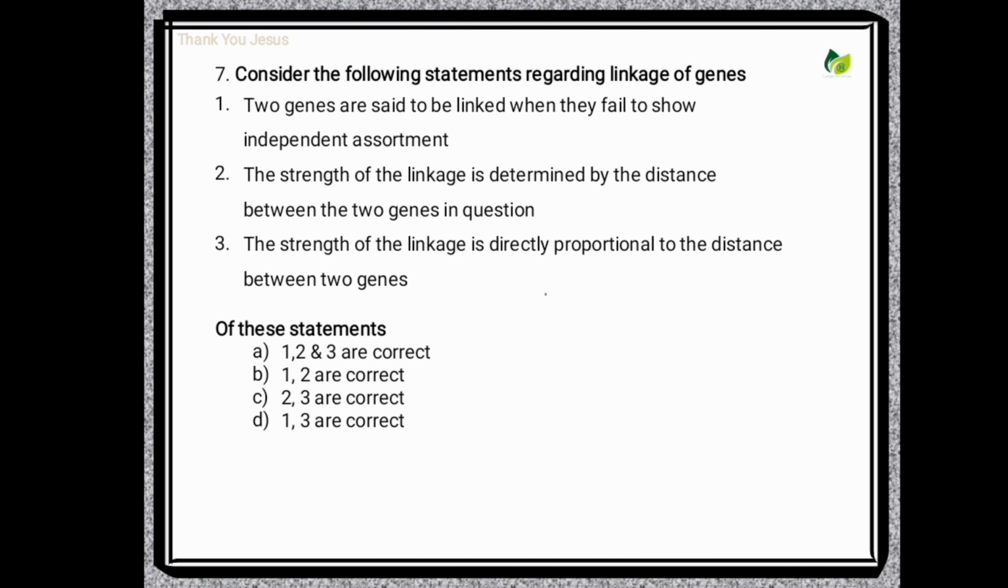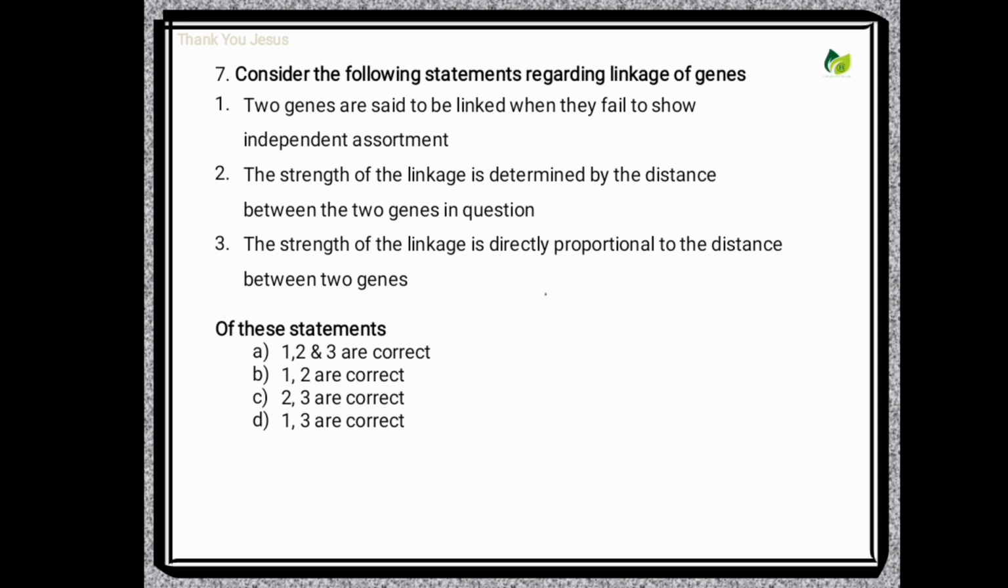Next question. Consider the following statements regarding linkage of genes. One, two genes are said to be linked when they fail to show independent assortment. Two, the strength of the linkage is determined by the distance between the two genes in a chromosome. Three, the strength of the linkage is directly proportional to the distance between two genes. Options: 1, 2, 3 are correct; 1, 2 are correct; 2, 3 are correct;